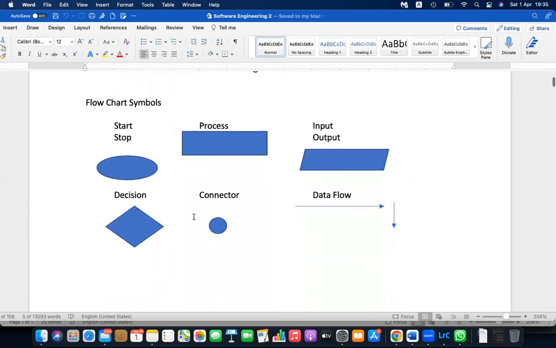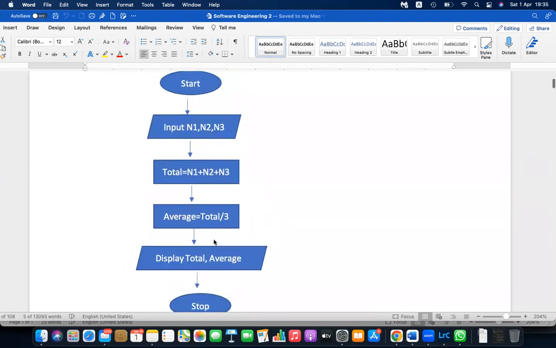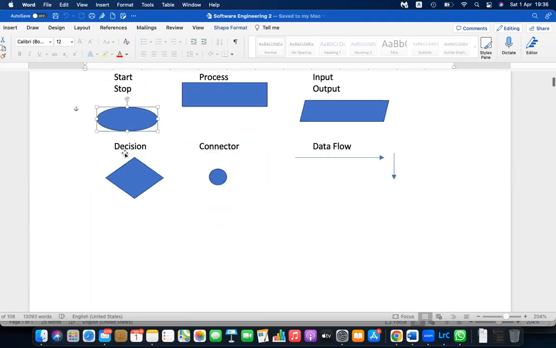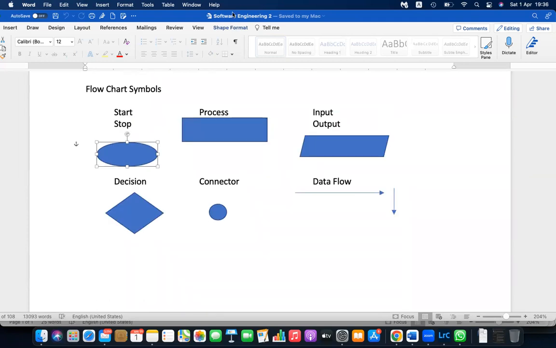Then we discussed the designing tools like flowcharts, and how symbols are used to explain a program, since this will definitely be in your question paper. There will be questions from the flowchart. For example, we just studied this flowchart. You can see it's showing the flow, which is easy to understand. Start, process, then input and output, both shown using the parallelogram symbol. Decision uses the diamond connector. The circle is a connector, and data flow is shown using arrows. Start and stop, definitely. At least you can get marks by drawing the start and stop,